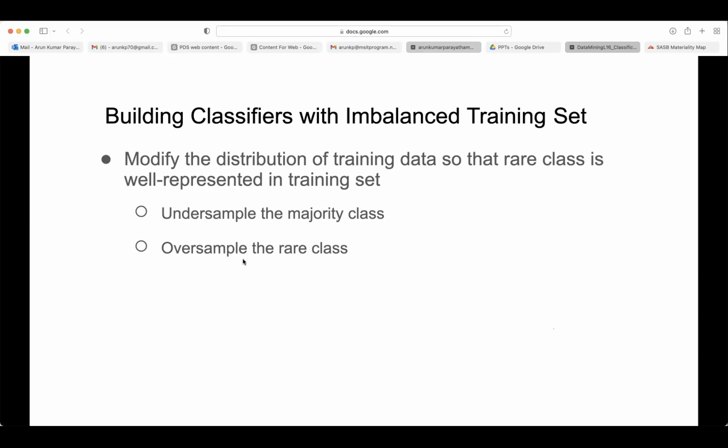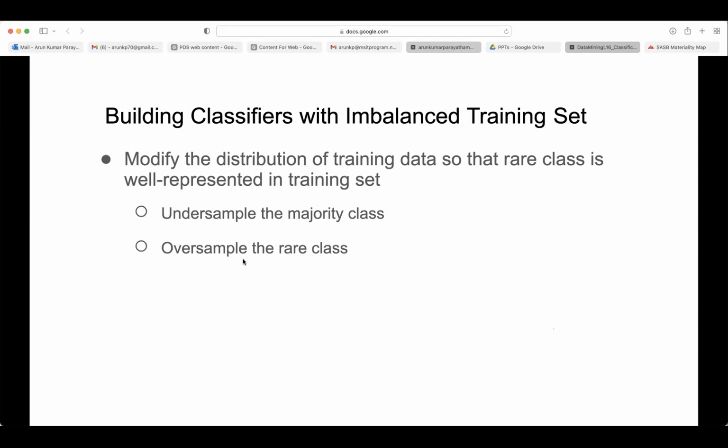Take a smaller number of samples from the majority class, and stratified sampling. If you have a 90 versus 10 composition, when you are selecting training data, don't just take 10% of the negatives and 90% of the positives, which is simple random sampling. If you want to stratify it, make two parts, positives and negatives, then select 90% from each. That is the same. Oversampling means what? You reduce the majority class.